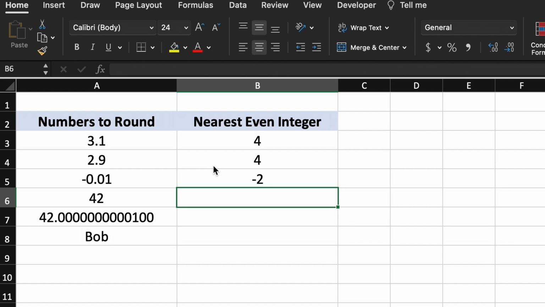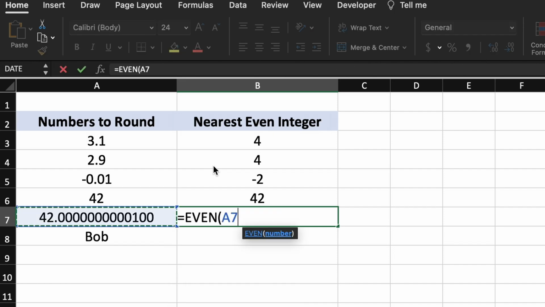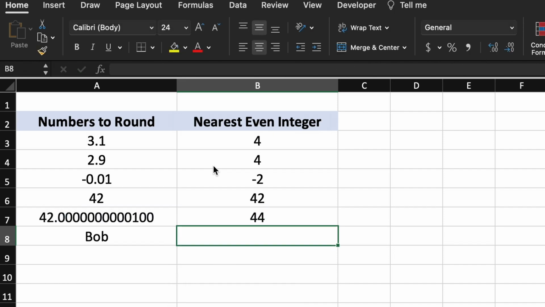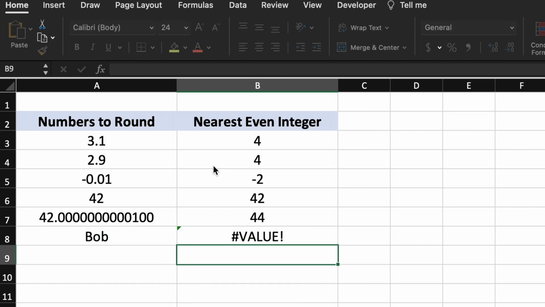If you use the even function on an already even integer, the result will just be that even integer. However, if it is not exactly just that even integer, and even the tiniest bit larger, the function will move you up to the next nearest even integer, which you can see here. Lastly, as we also stated earlier, if we enter a non-numeric value as our argument, then the result will be an error as we can see here.